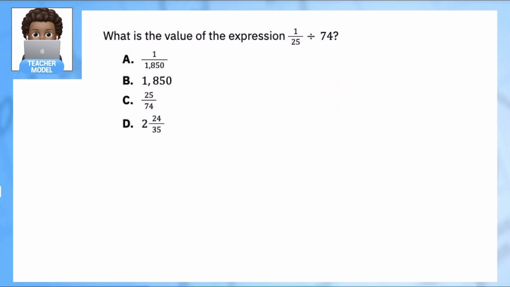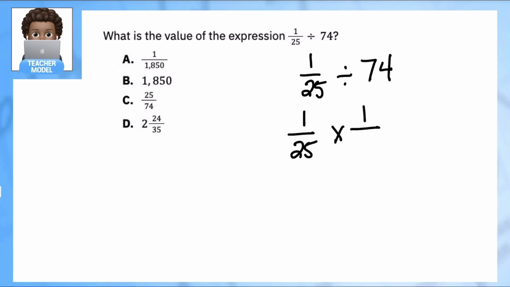So in this case, we're going to practice actually solving this out. So 1/25 divided by 74. First thing I'm going to do, I'm going to rewrite this as a multiplication sentence, which was our second criteria of success. So instead, I'm going to turn this into 1/25 times the reciprocal 1/74. So I'm multiplying it by its inverse by flipping it around. Now this is something that we can actually solve. 1 times 1 is 1. And I'm going to have to actually just write on the side